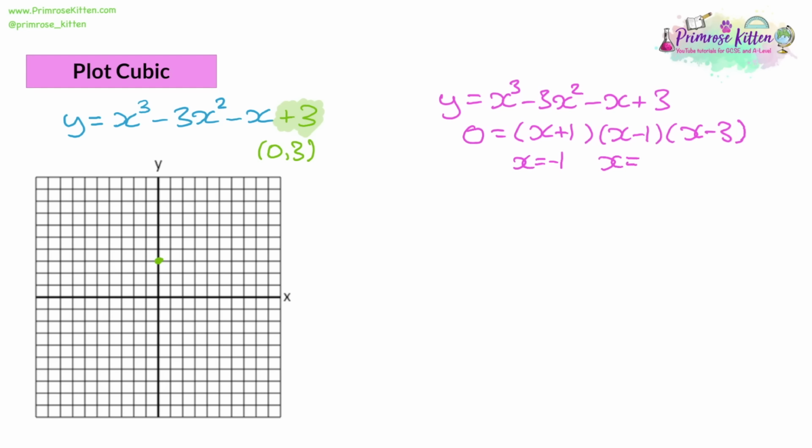The second bracket could be positive 1, and the third bracket could be a positive 3. So they are our x-intercepts. We have negative 1, positive 1, and positive 3. Now we've got these pieces of information about the turning points of the curve, and this is going to